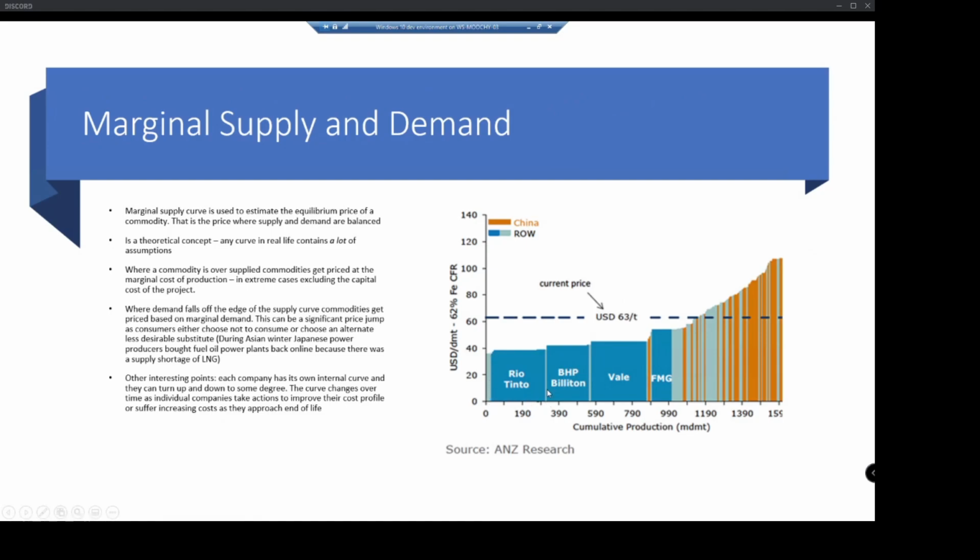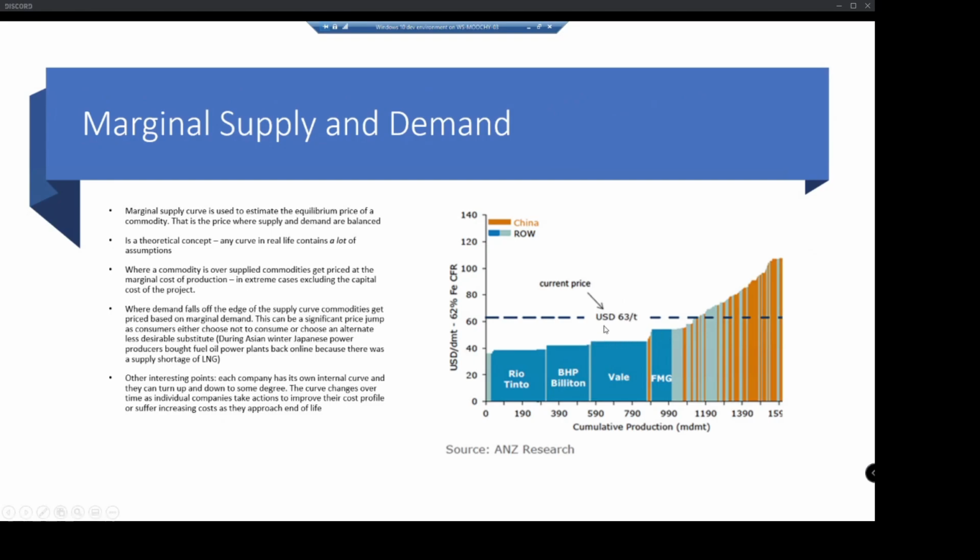So they line that up, and then they get BHP, which is the next highest cost producer, and so they line that up. BHP produces a bit less, so we're now up to 590, and so forth and so on. The big ones are obviously the big ones, and then these small ones are just all smaller producers, and they've just coloured them differently. They just haven't named them.